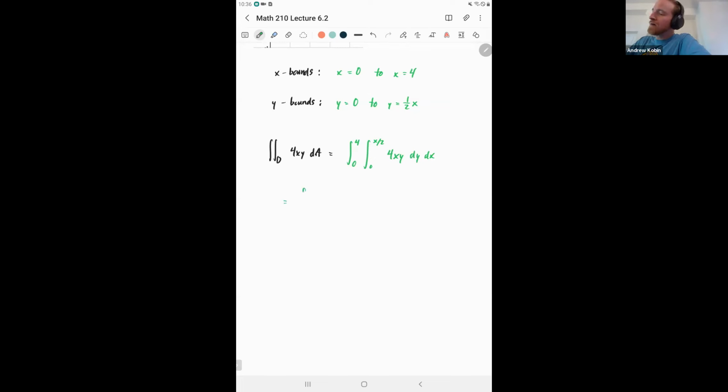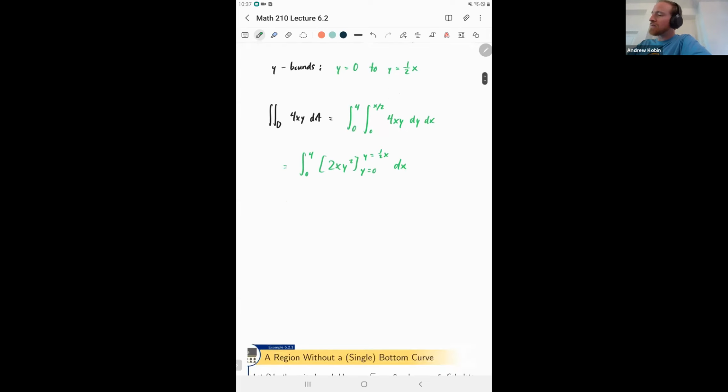So using our iterated integral procedure, I'm going to leave the dx stuff on the outside alone. I'm going to evaluate this integral on the inside. 4 times x times y, where y is the variable, becomes 2x y squared by the power rule. And I'm evaluating this, and I'll carefully write this in to remind you, from y equals 0 to y equals 1/2 x, or x over 2, dx. So let's not worry about the dx stuff on the outside still. Let's just work on evaluating